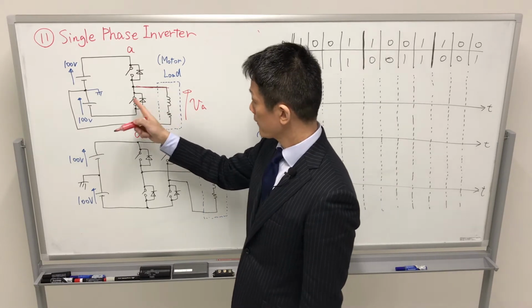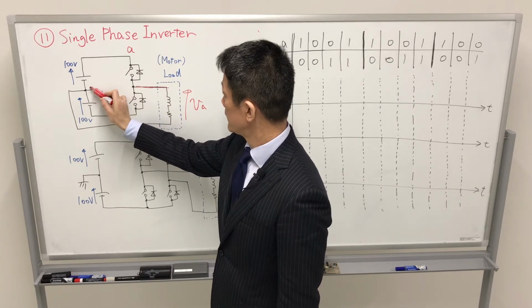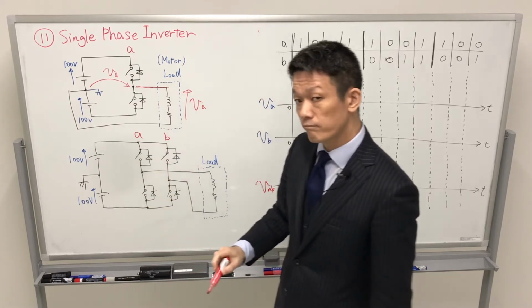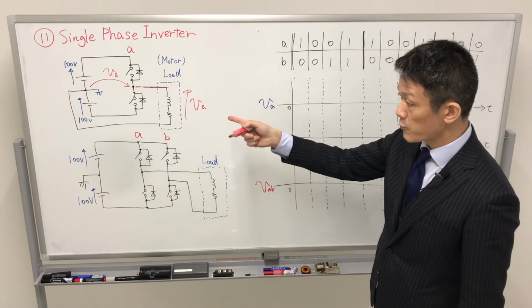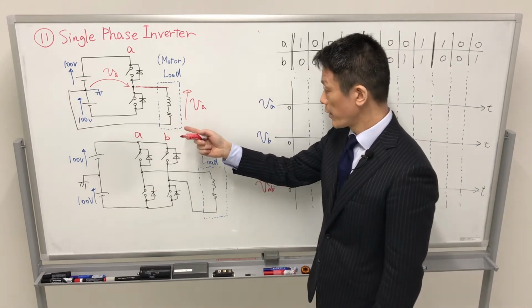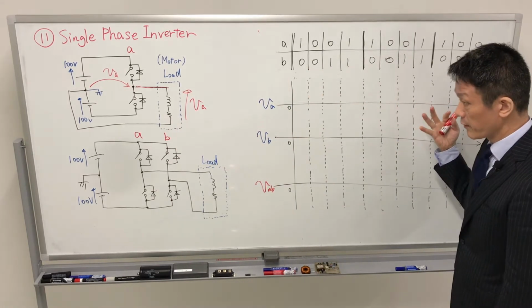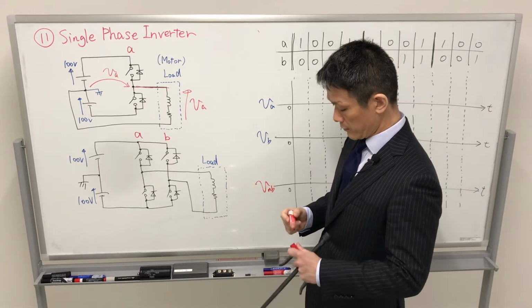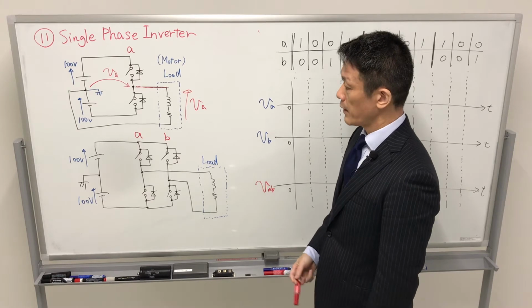So we can look at this line as the VA. This is our last lecture discussion. Already we have illustrated that VA. Please check the last lecture's movie. And today